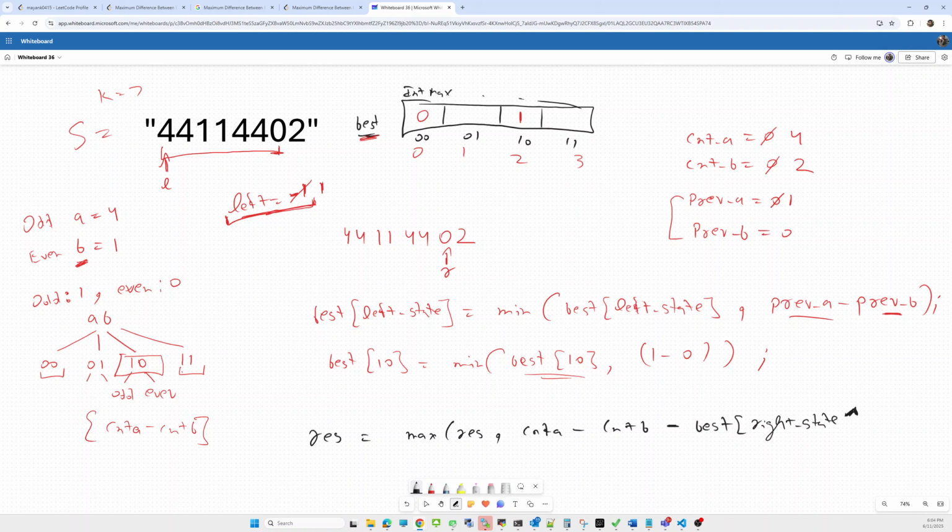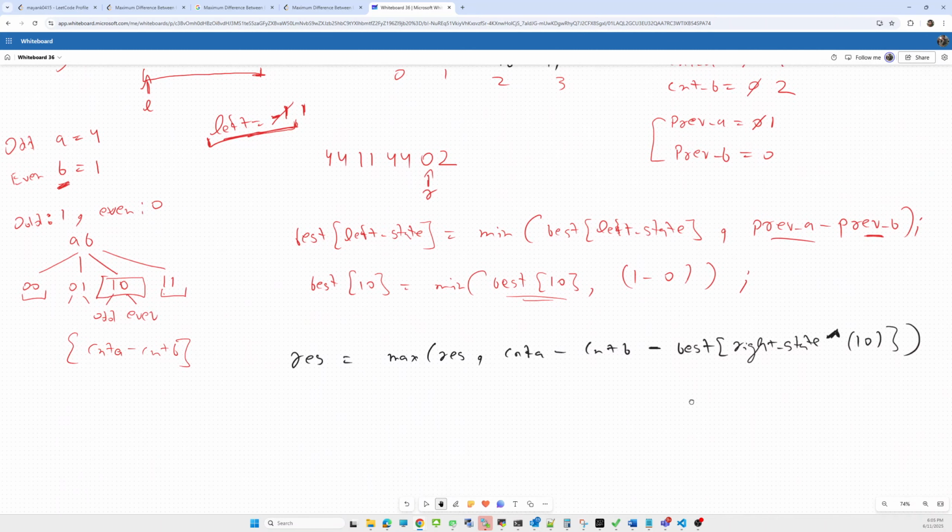Okay, opposite of 1 0, because we are interested in this one state, 1 0 state, so we'll be looking for the opposite state. So here what will be the state? 0 0, both are 0 0. Previously, when our right pointer is on 0, both are on 0 0, and our resultant will be int minimum. Initially our resultant will be int minimum.